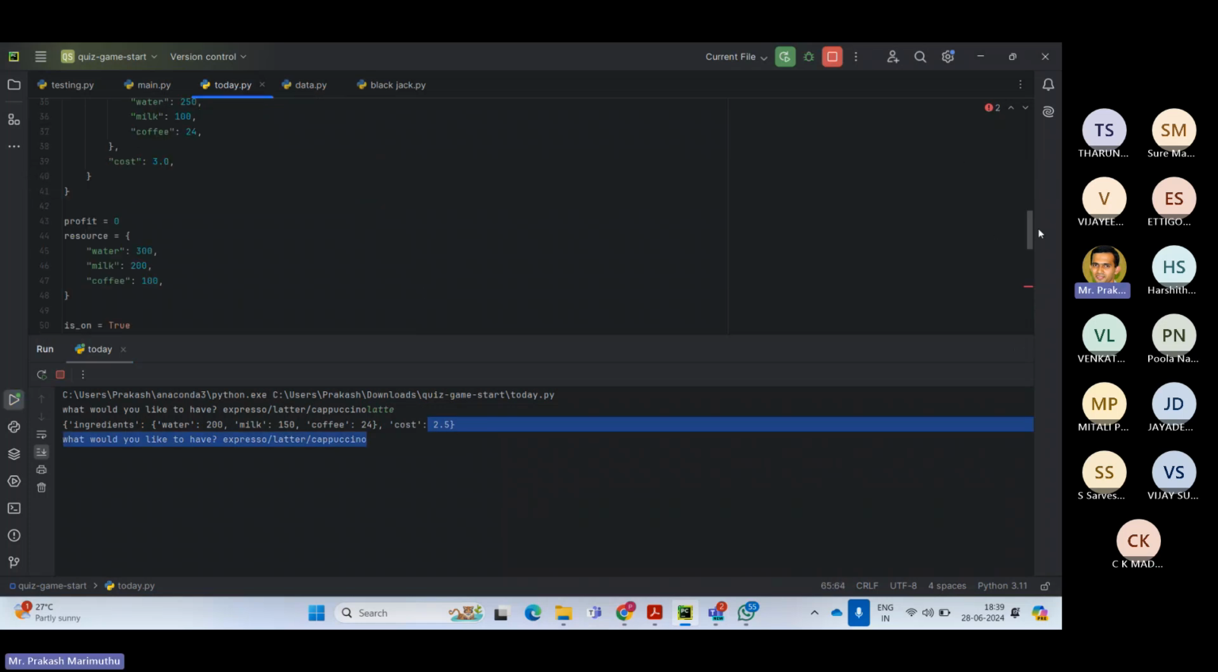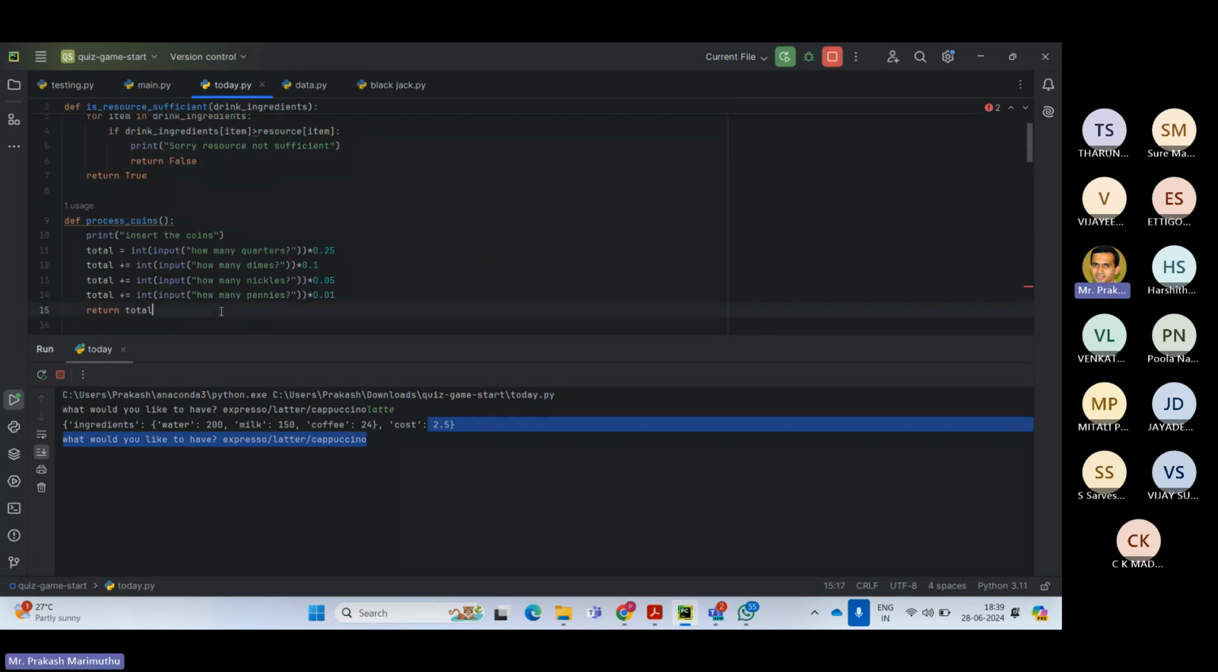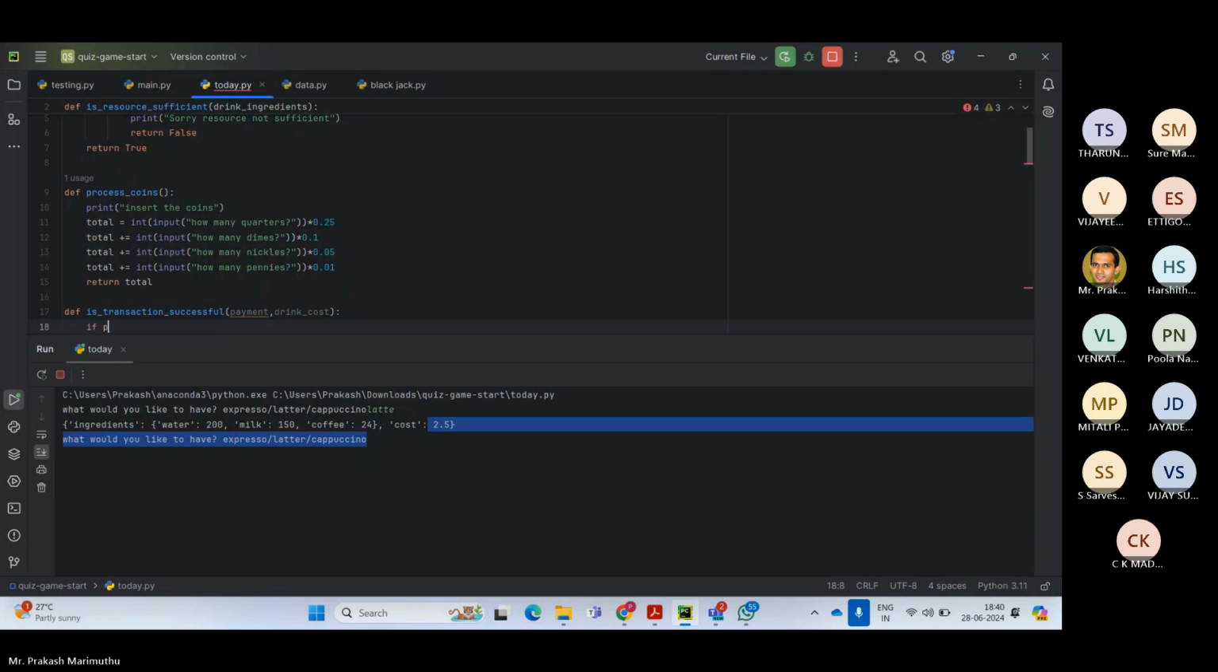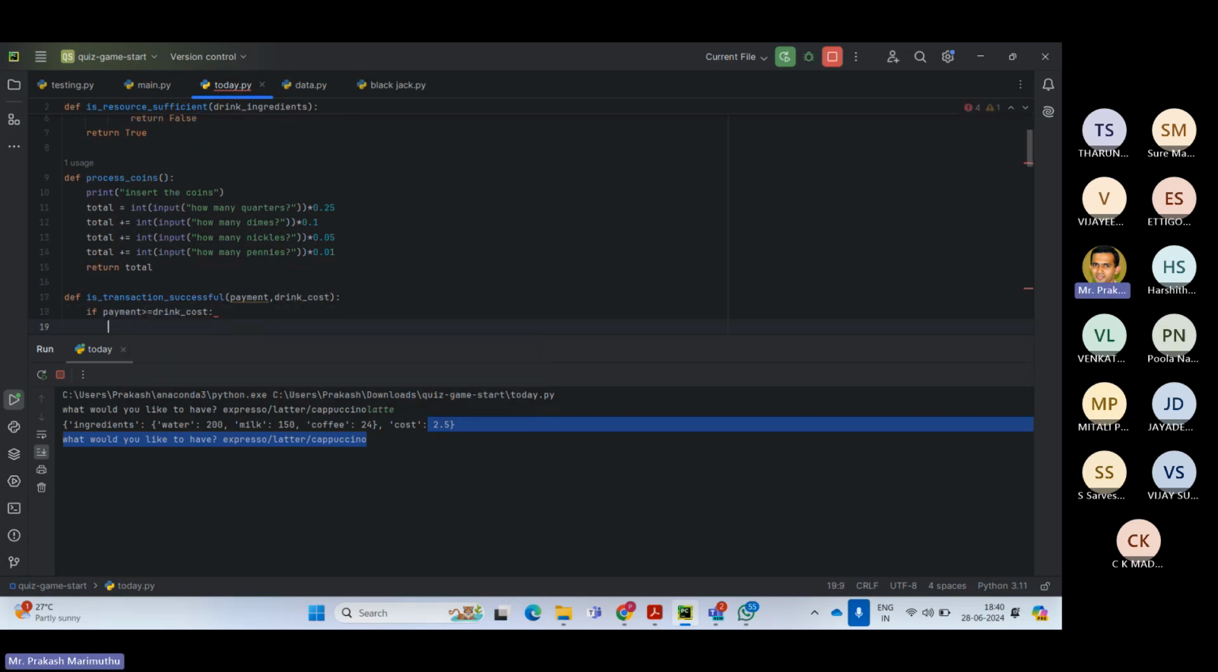So for that I should go and create one more function, is_transaction_successful. And what is coming? Payment comma drink_cost. Correct? Now what should be the condition? If payment, correct? If payment is greater than or equal to drink_cost, then it should say,